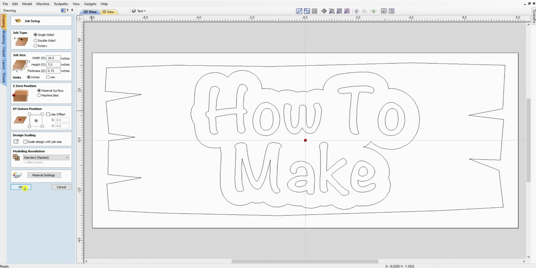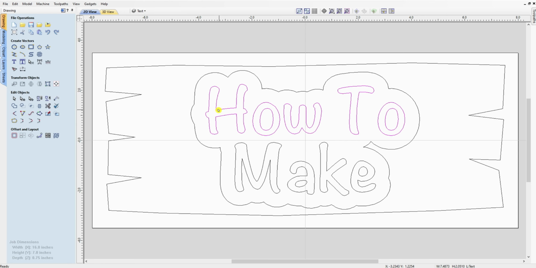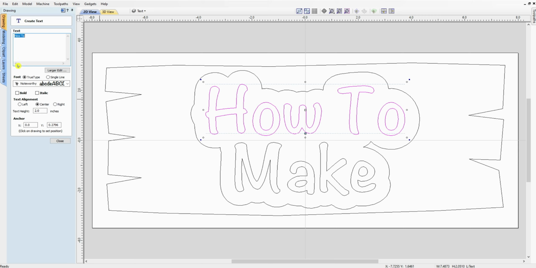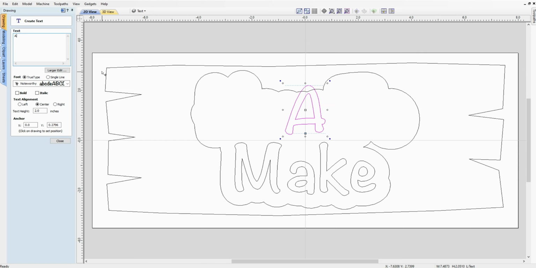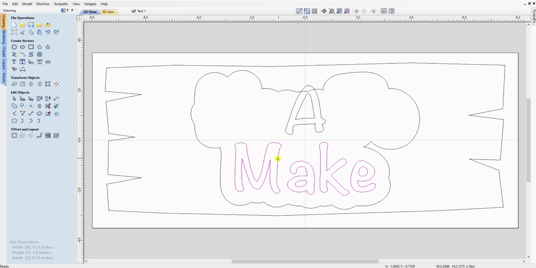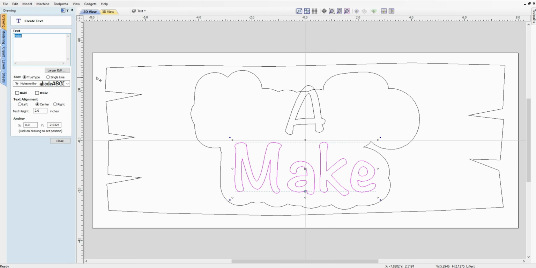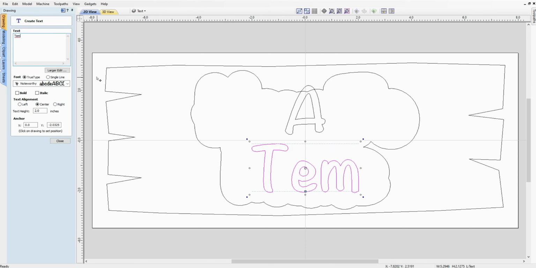So we hit OK on that, and now we come back in here in our design mode, and on that text right there, we're going to say how to make a template. So we're just going to put the word A here, hit close, highlight this text, go back to our draw text box, and then type in the word template,